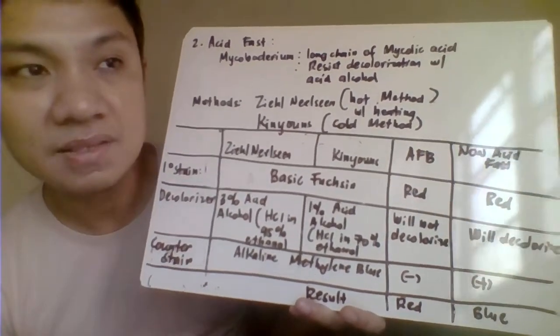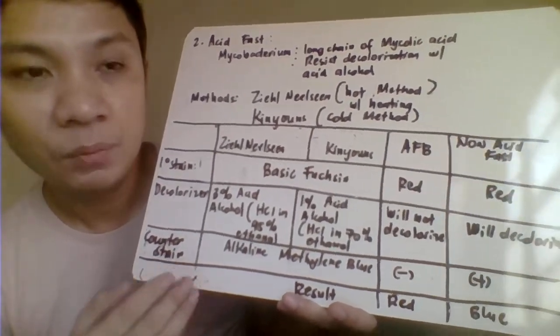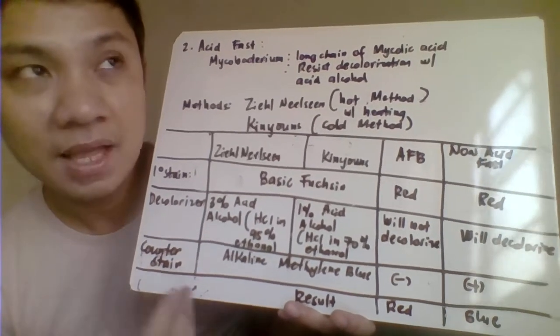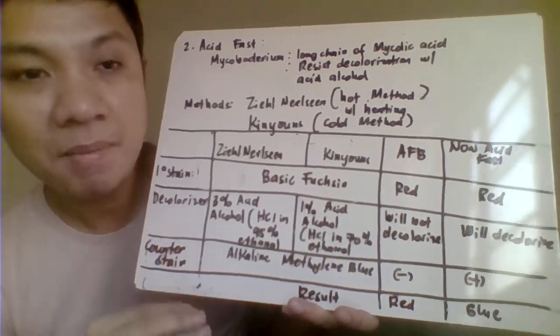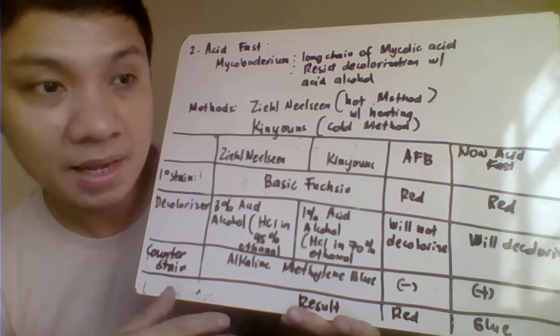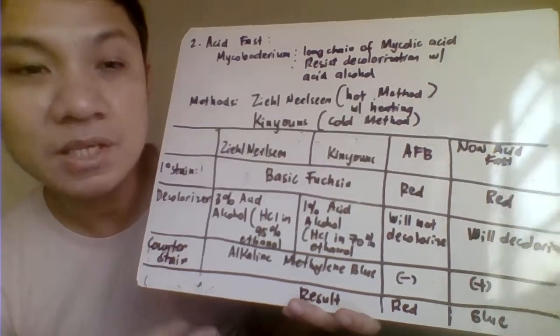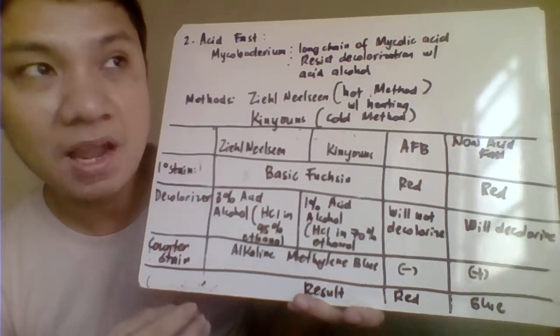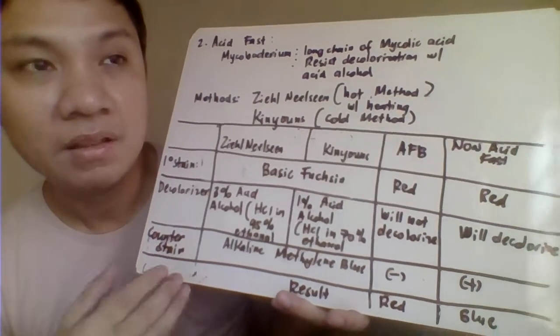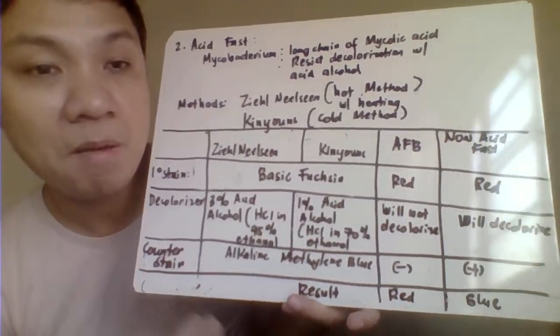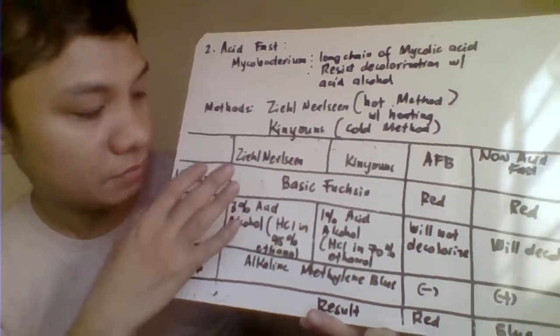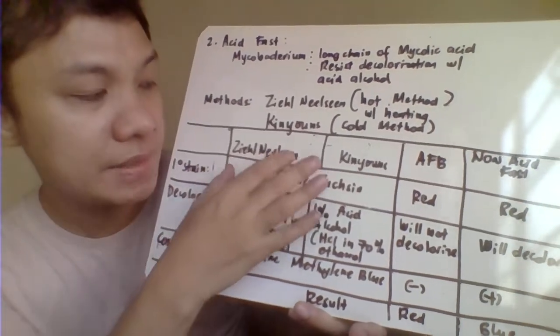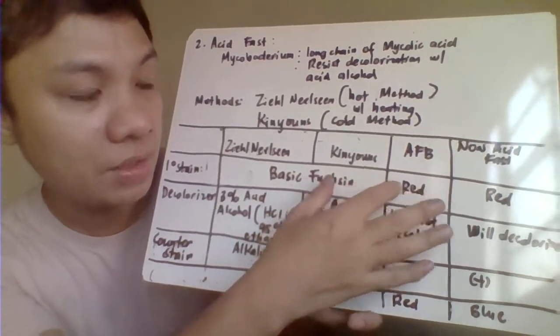The heating process allows your primary stain to be taken up by your cell. It is not a mordant, but it allows the primary stain to be taken up by your cell. So we have your Ziehl-Neelsen and the Kinyoun method, and the relative